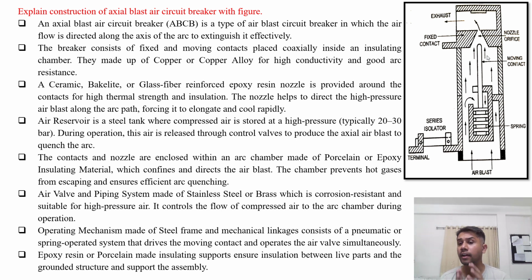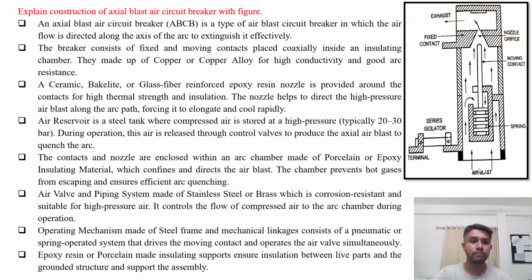cool the arc rapidly. Now, the air reservoir is a steel tank where compressed air is stored at high pressure, typically 20 to 30 bar. Here it is not shown properly. During the operation, the air is released through the control valves to produce the axial air blast to quench the arc. Here, the axial air blast is produced. So the control valve is well beside this part of the figure,